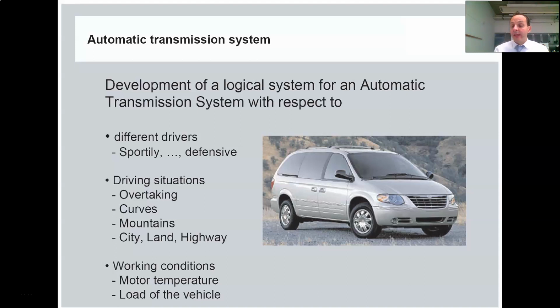So in this case, again, a fuzzy controller is really powerful, because it depends on the conditions of your car or the driving conditions, which depend on the driver, so on the style of driving, and also the driving situations like overtaking, curves, mountains, the city, land, highway,